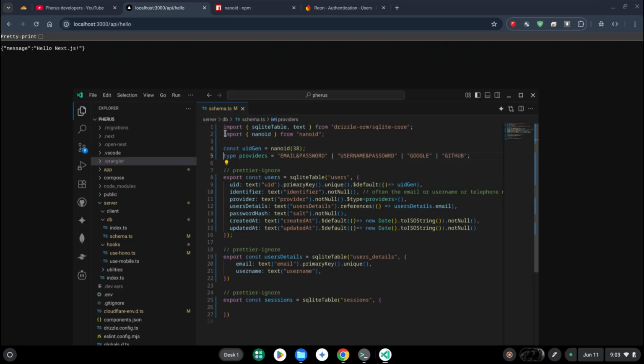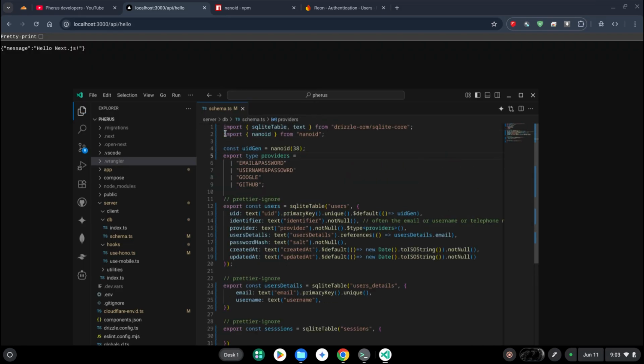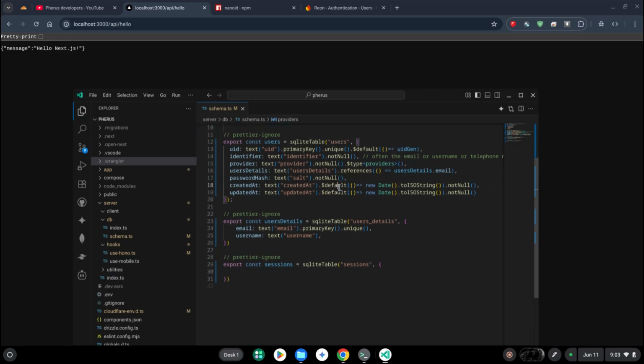Okay, and I think we can export it. Provider, sort, created, auth and the identifier being,